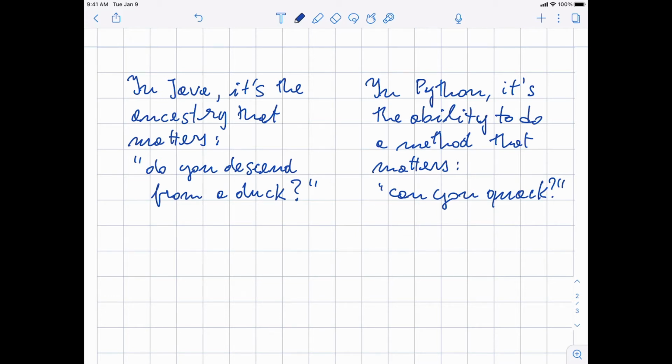"No, sir." "Are you somehow related to the Duke of Birmingham?" "No, I'm afraid not, sir." "Well, then, next, please." Okay, so in Java, what really matters is the ancestry, right?